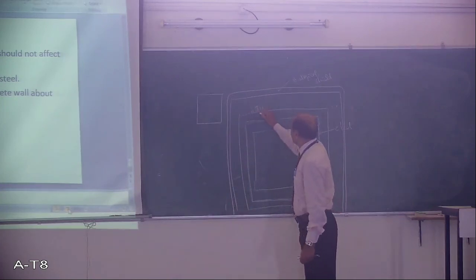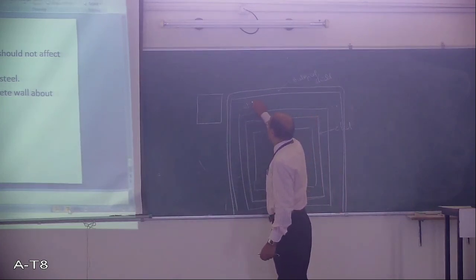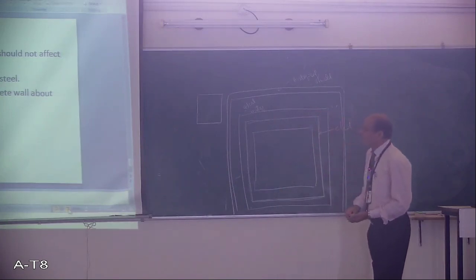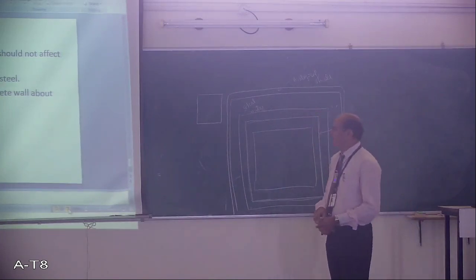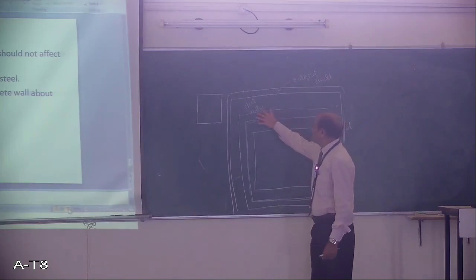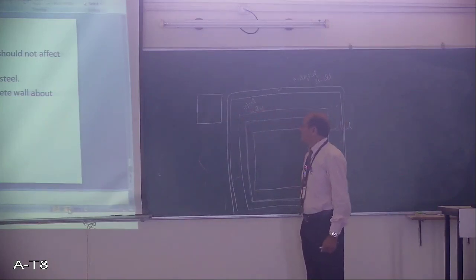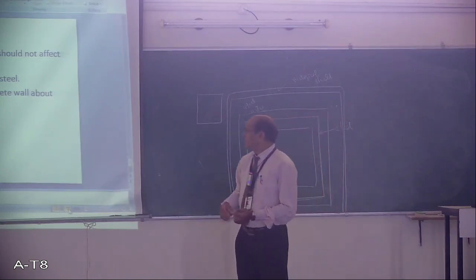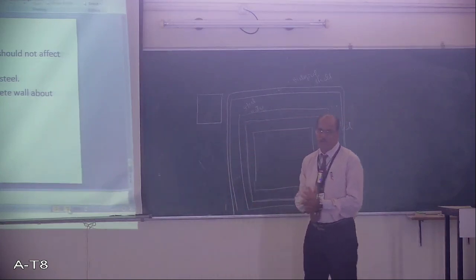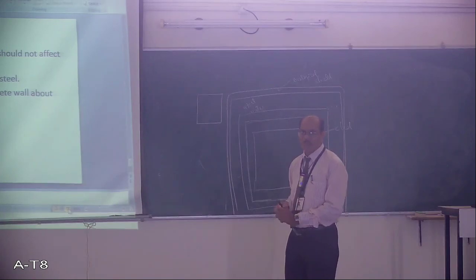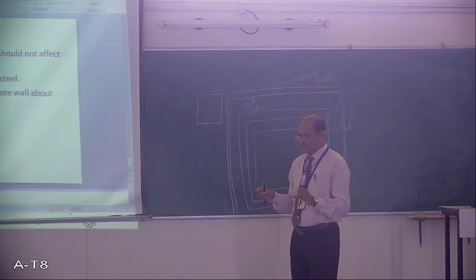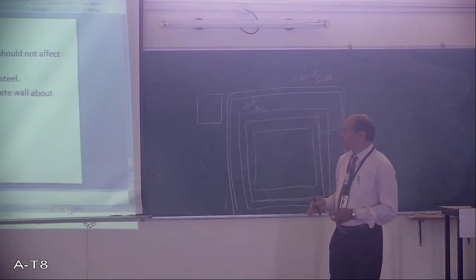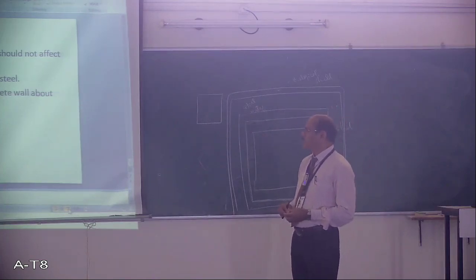So a steel wall will be there, and it will serve the purpose of thermal shielding, which means heat energy will not be transmitted out of the steel wall. However, the biological shielding is provided with a 2 meter thick concrete wall. Because of this much thickness, the concrete wall will provide the safety, that is, biological safety.